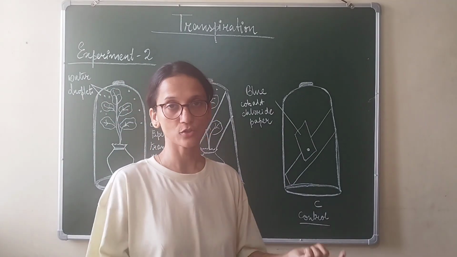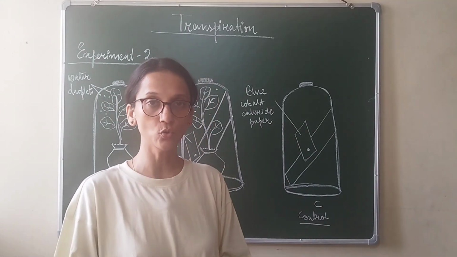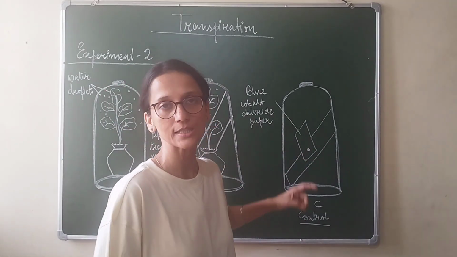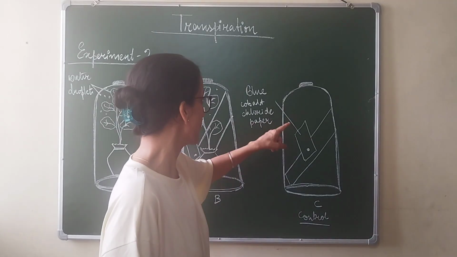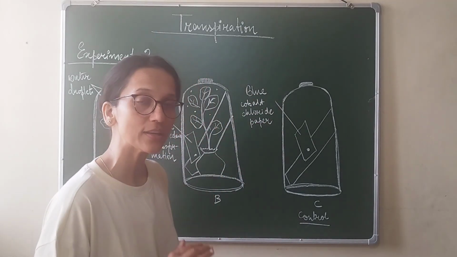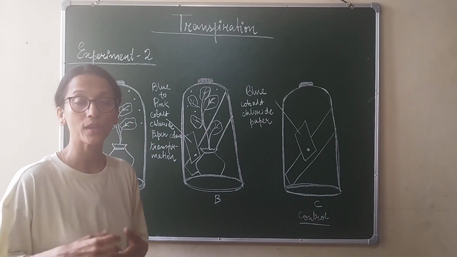In the third case, there is no plant, there will be no transpiration, no water droplets, there will be no change in the color of the cobalt chloride. So it remains blue. So now let's go to the next part of the chapter